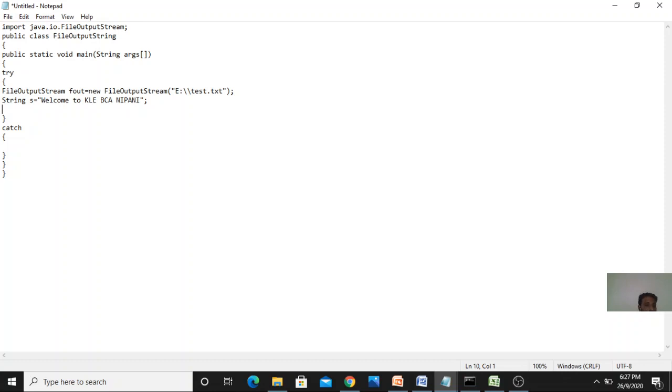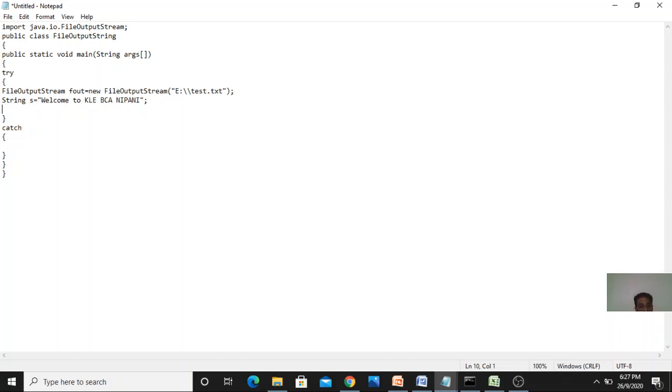Getting my point? I take each value byte wise, each character, and store each character into a text file. Okay, let me show you.